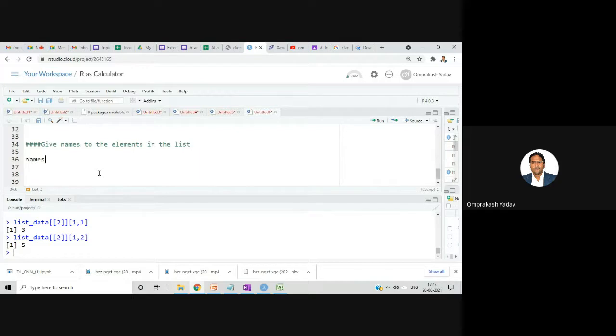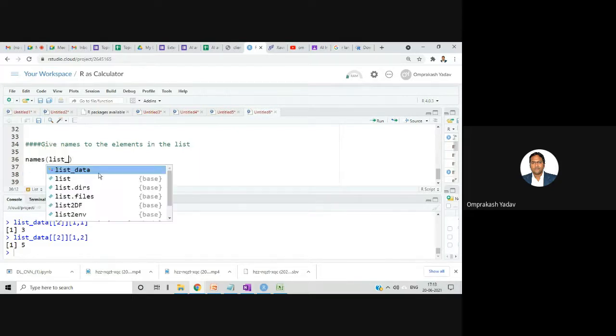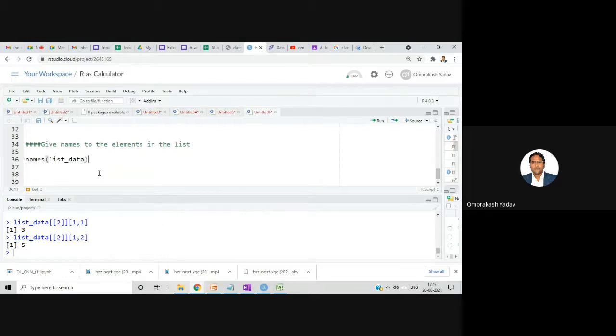Names of list, so the name of the variable, right? So it's a list data. And then using the c function. So let's say the first name which I can give is first quarter, because it's mentioned Jan, Feb, March. Normally that is the first quarter of any company, the way it's divided into the number of quarters, right? So first 3 months. Let me give the name as first quarter.